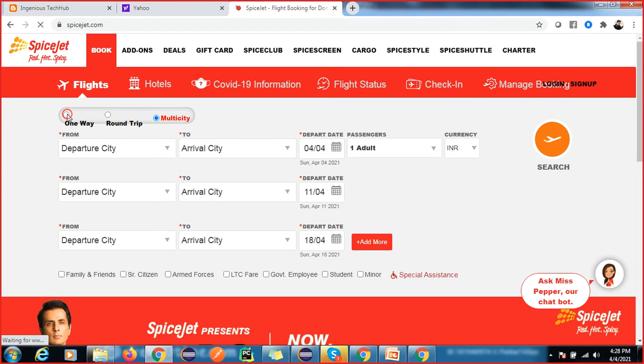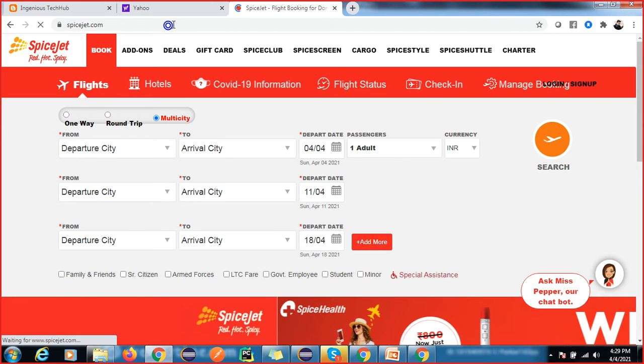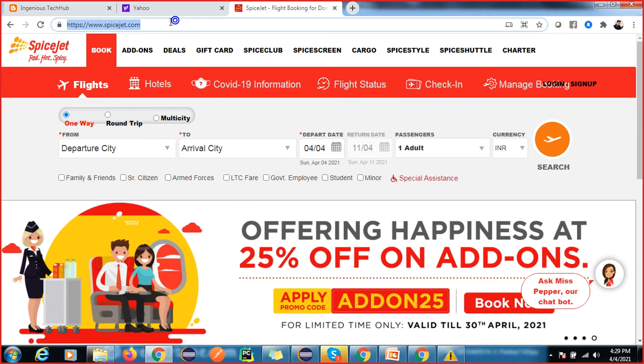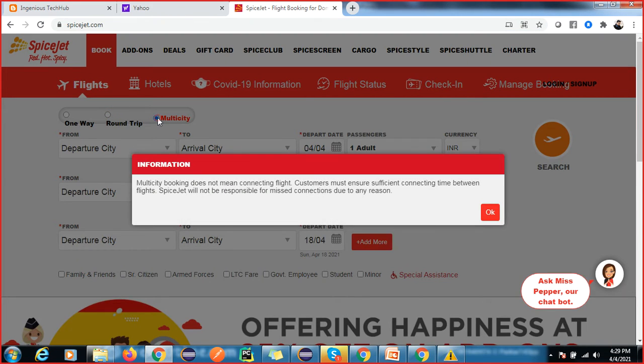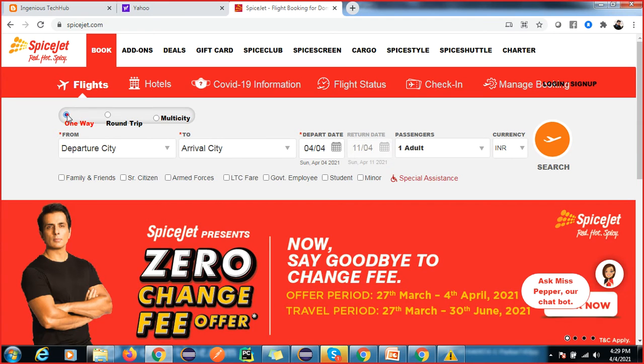Let me just do it manually and see if it is working fine or not. So you have to select this radio button. A radio button, you can select only one. For multi-city one pop-up is coming, so I will not go for that, I will just go for this one.